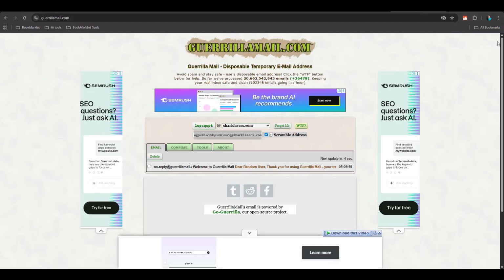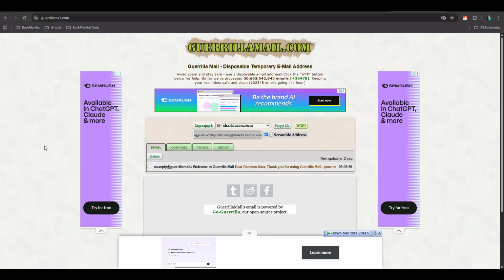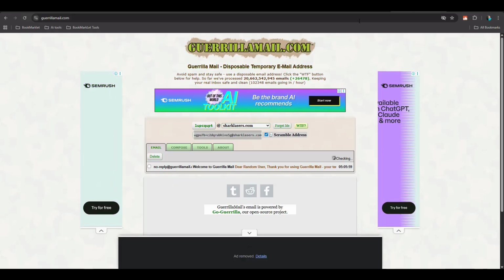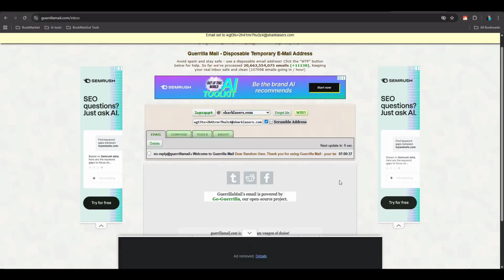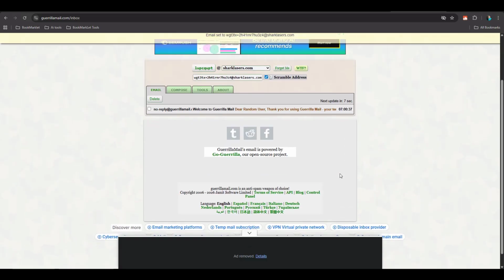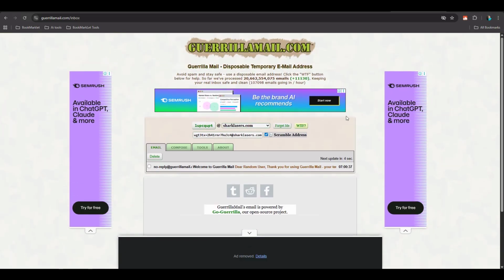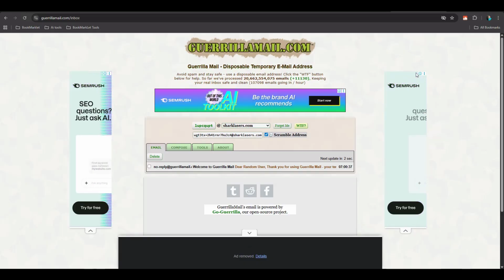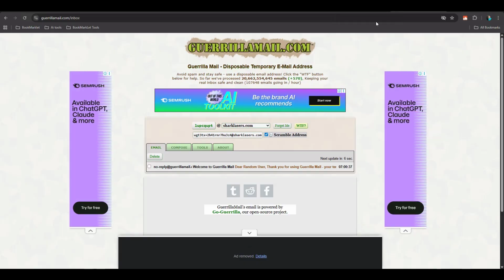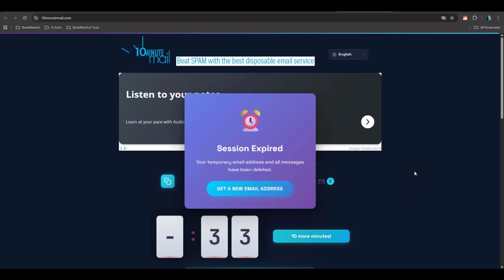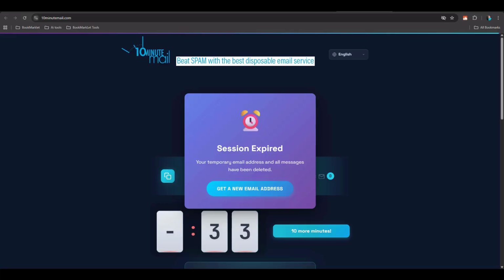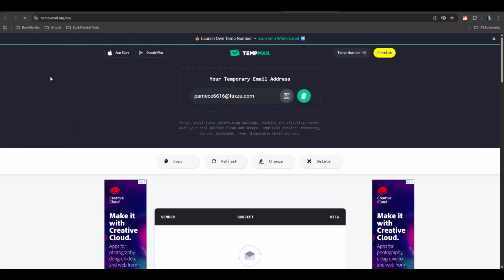So let me just click on this. See how ugly these websites look and how cluttered these are. It is very difficult to understand what these websites actually do, right? Just look at them, full of ads. You cannot actually see the inbox here. This is one of the cleanest websites I can see right now, tempmails.org, and these websites get millions of